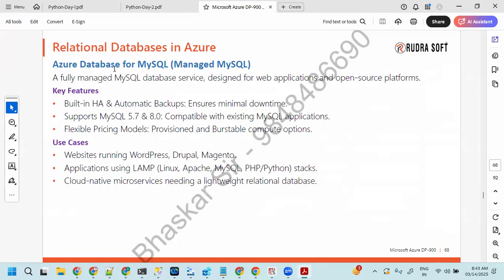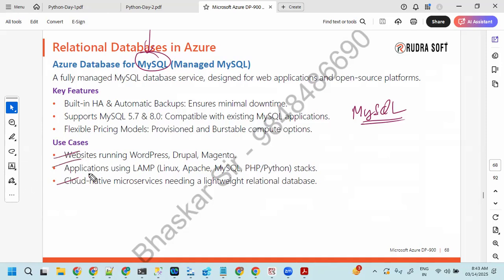And we have Azure Database for MySQL also. So MySQL also we can create from Azure. They have given it here. But as part of our project, we are going to see how we can read the data from MySQL also. If you want to have a look at how we can do the setup in Azure, you can. But I just wanted to say the MySQL flavor is also available as a managed service from Microsoft.